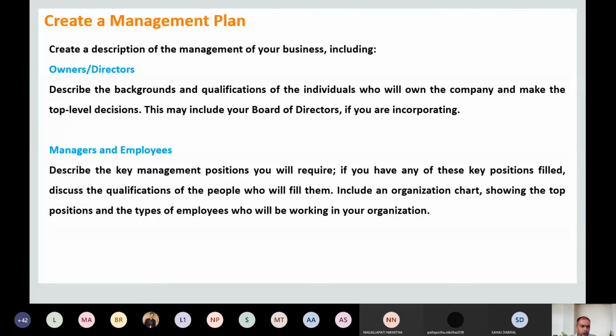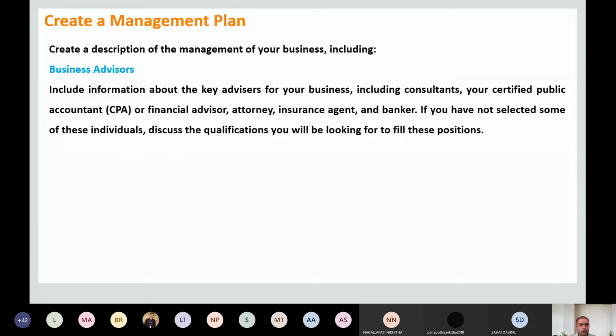This should match the organization structure you predefined in the operating plan. Next, you should add details about your accountants or your advisors. Who will be the business advisors for you? Whom are you going to consult? Who will be your financial advisor, or what we sometimes call a certified public accountant? Who is the attorney general who is going to support your business? Who is the insurance agent? With whom are you going to bank? You are going to add all these details to this list of business advisors,